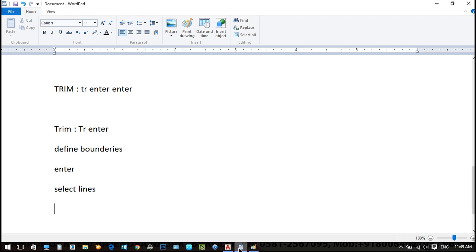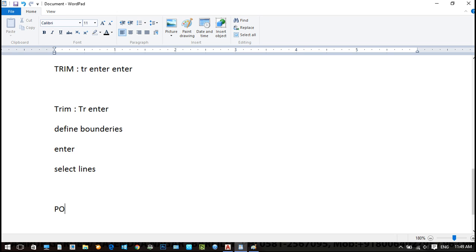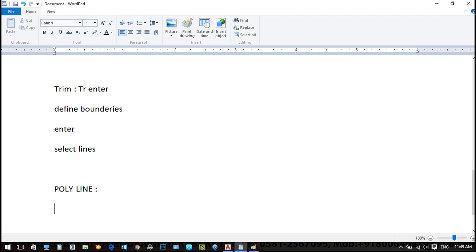Done. Now the next command is polyline. Which polyline? So basically line, what is the definition of line? An activity between 2 points, that is, the line made by joining two points is called a line. Okay, so we need 2 points to create a line.